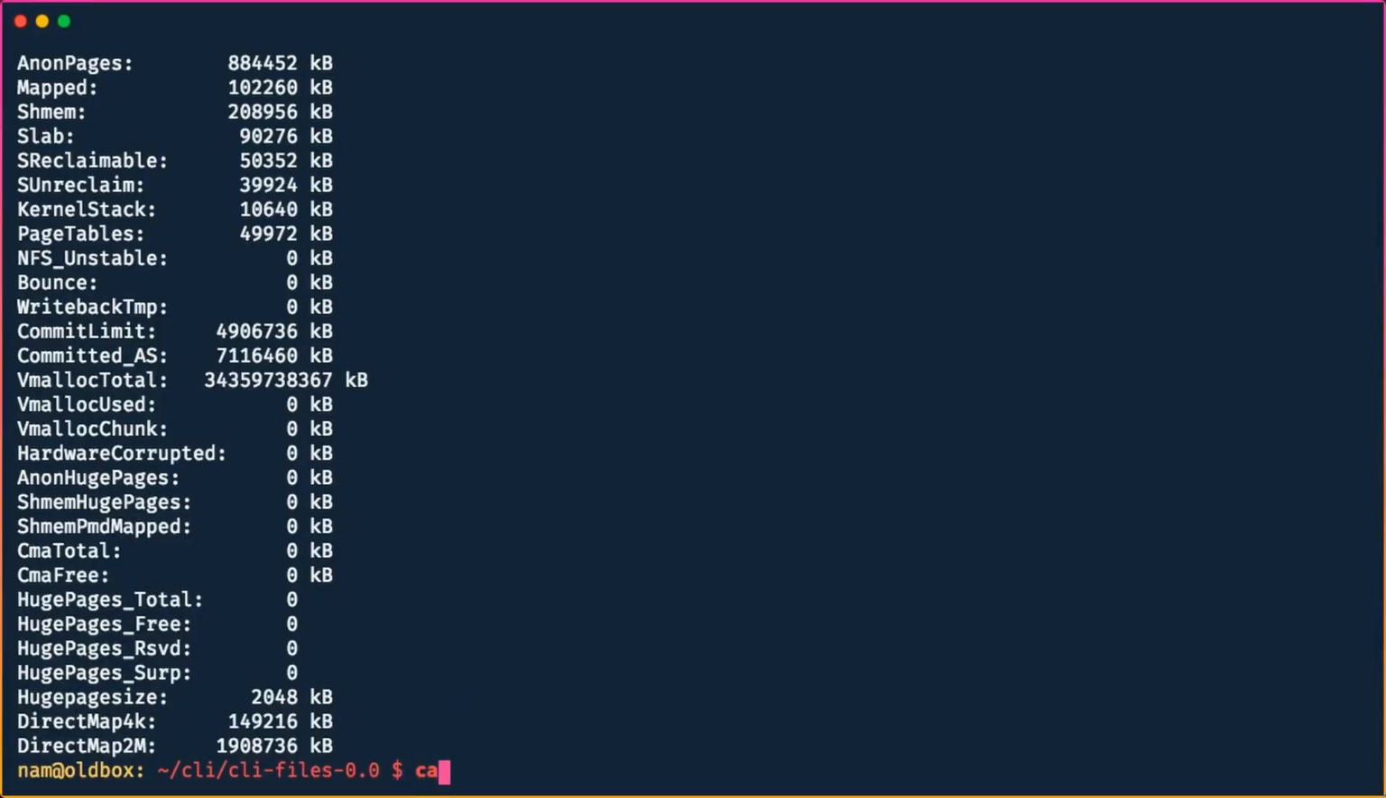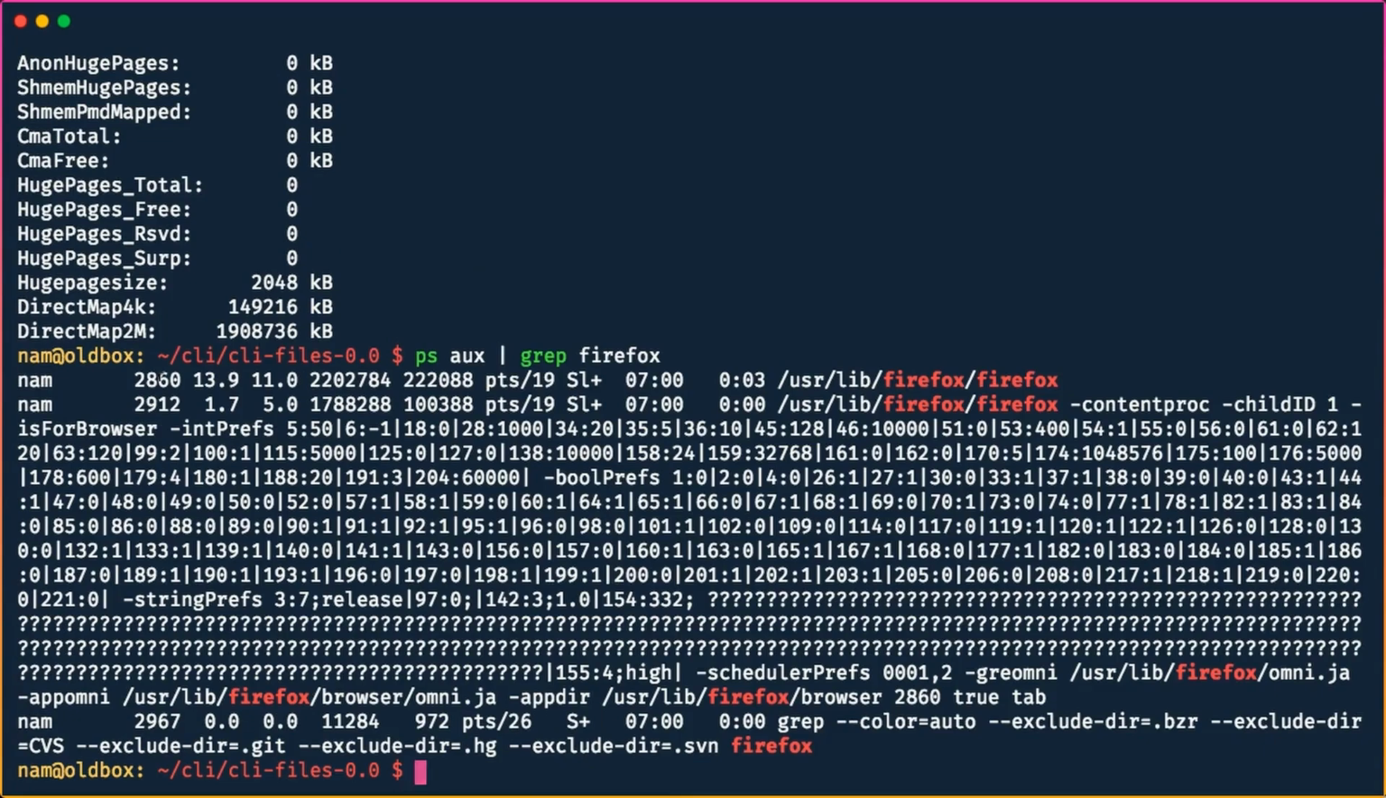Another thing that we can do is we can say cat /proc/ and before we do that, let's go ahead and say ps aux | grep firefox. So this is the Firefox process that I have just started, and you can see that it has the process ID 2860. So we can say cat /proc/2860. So that is the process ID. This process ID's information is being saved at runtime in /proc/2860, and we can say